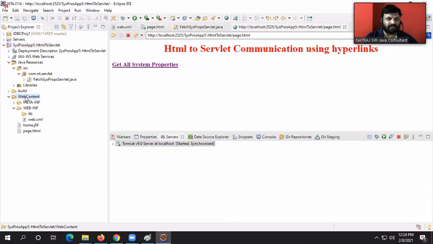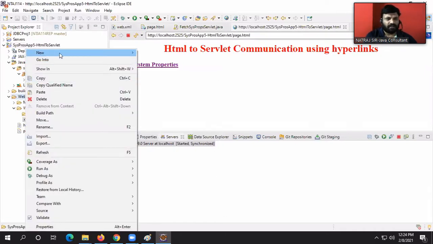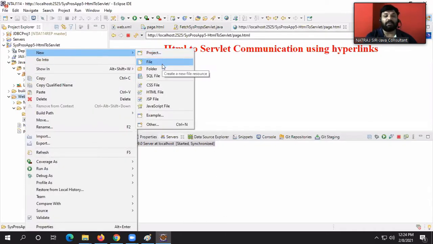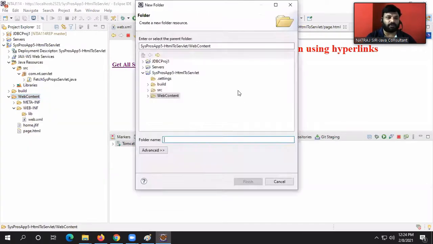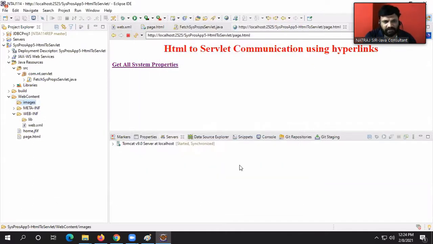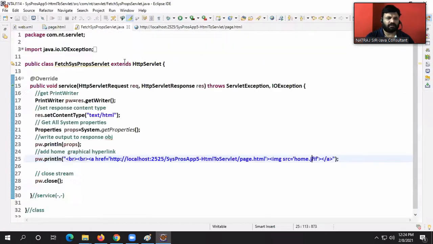But what is industry's practice, you know? Industry's practice is keeping all images in a separate folder. What is that folder? Images folder. That is the industry's regular practice, guys. Images, home.jfif. Right, boss.